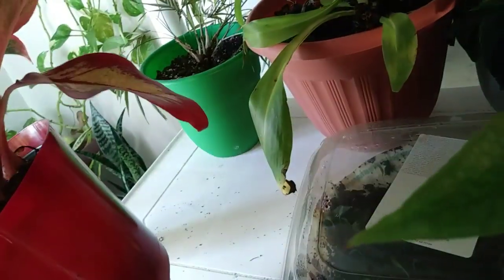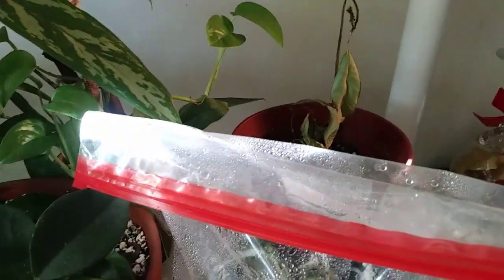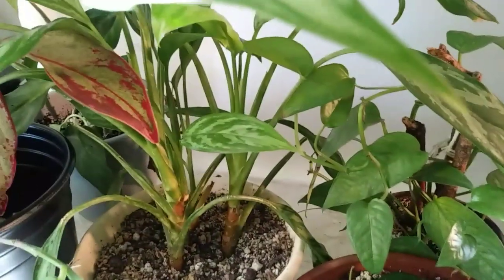Yeah, I don't know what happened to her, but these are my babies on this shelf. Let's move down quickly to this shelf before the phone shuts off again. So here's another. Let's start here. Oh, this plant here, it grows so slow, but that one's dying off, you guys. I don't know what's wrong with that one. And you guys know I am never afraid to show you the plants that are not doing so well